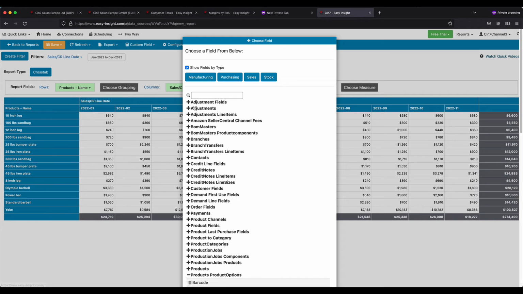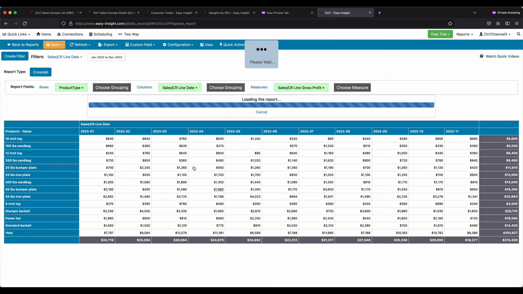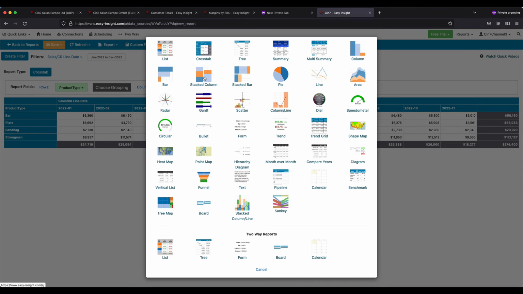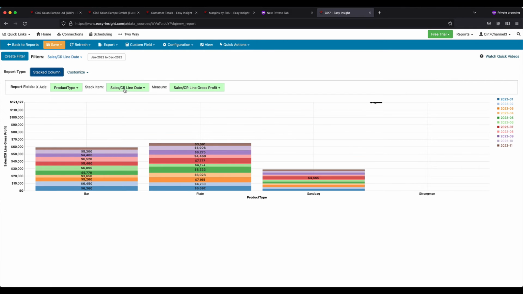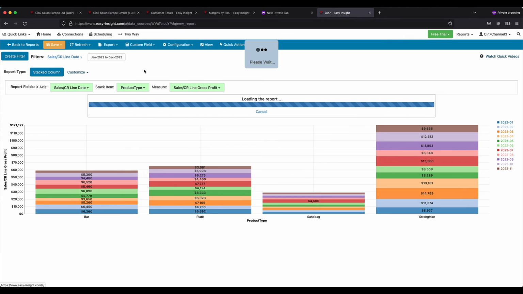We could do the same thing, choose, say, product type, looking at data by category. We could change to something more visual. Go ahead and actually swap those. So our date is the x-axis,